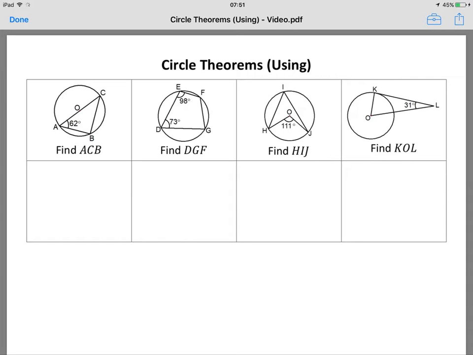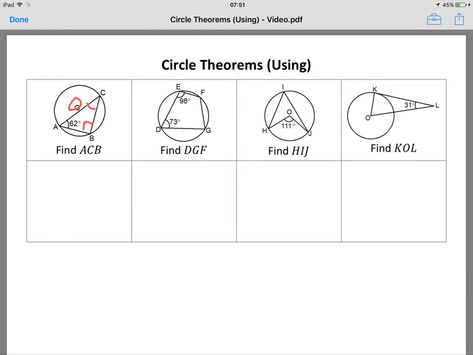Okay, we're looking at circle theorems here and some pretty straightforward questions on circle theorems. Alright, so first one, find ACB. So ACB is this angle here, and it's because O is the centre, there's the centre, that